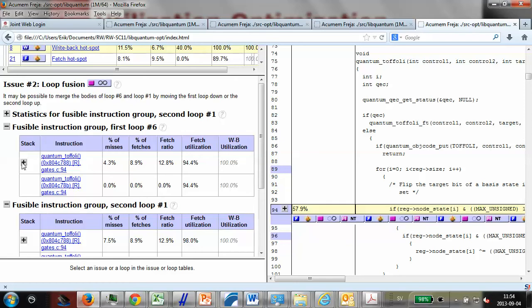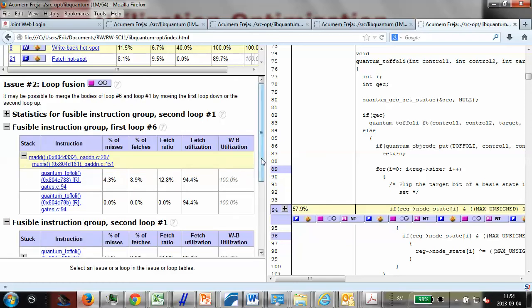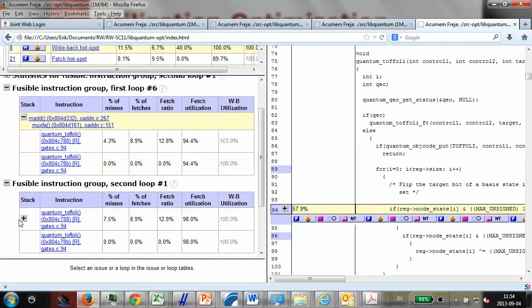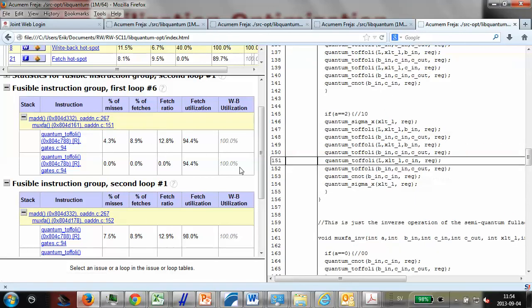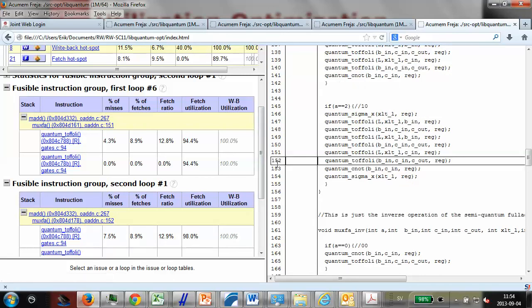Okay, and if I click up so I can see the call stack to see where these instances of that function were called from, you can see that the top one was called from line 151, and the next instance was called from 152. So what my analysis says is these two function calls are actually doing pretty much the same loop, accessing a giant vector, and we know exactly which vector they are accessing, and all they do is XOR a couple of bits there. So the advice is